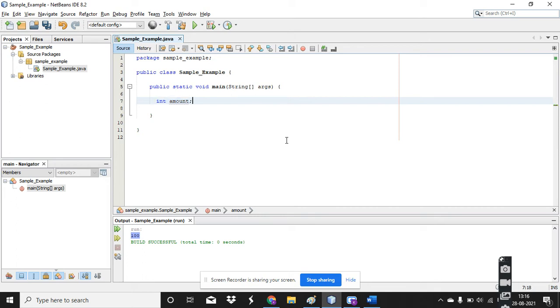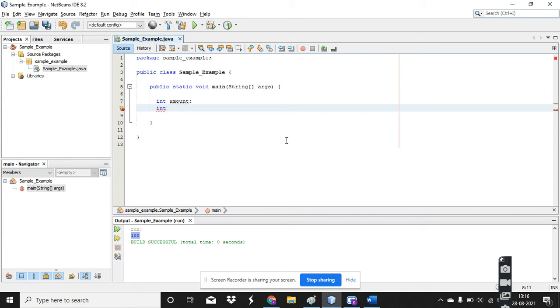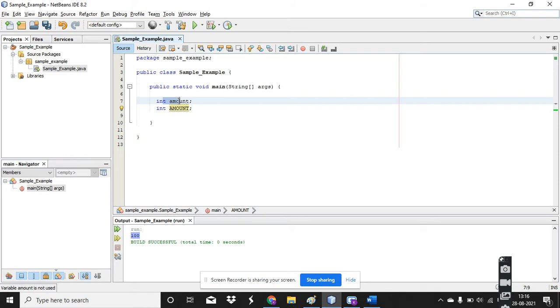I have declared it with the data type int and the identifier amount. And next I'm going to use the same variable name amount, but this time using full capital letters. Now what happens? It is not showing any error, right? So it will be accepted.